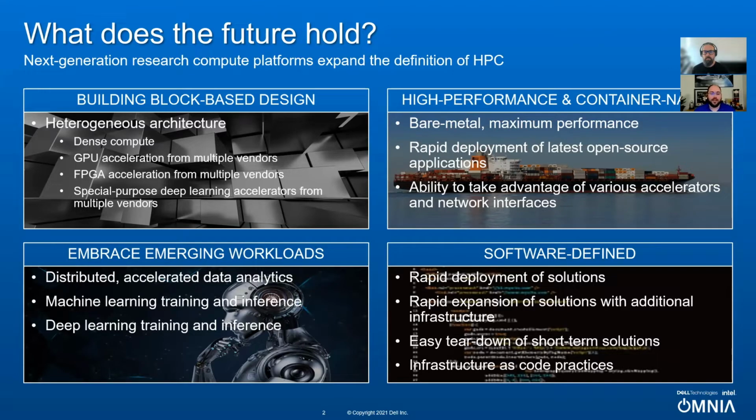We do all of this because we want to embrace emerging workloads. It's not just about simulation and modeling. It's not about simply doing fluid dynamics or finite difference or finite element codes. We need to be able to handle distributed and accelerated data analytics. We need to be able to support machine learning training and inference workloads, as well as deep learning training and inference workloads. And all of these workloads have slightly different performance characteristics. They have slightly different developer backgrounds, slightly different tool chains that they rely on. And we need to be able to support all of those in a simple, easy,